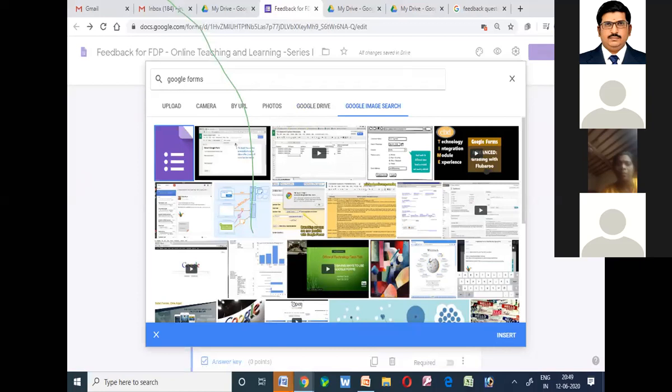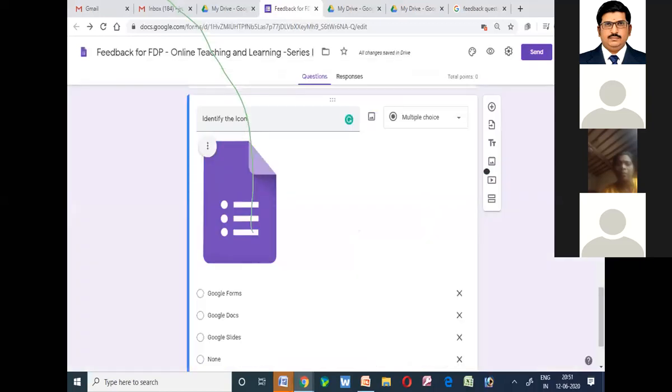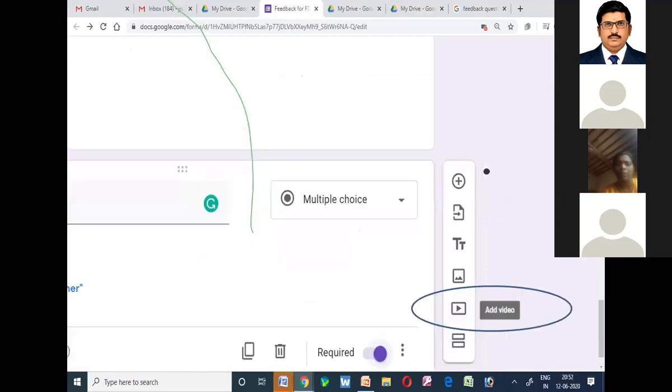So if I am interested in the first image displayed, I will be just choosing the first image, and it gets automatically inserted into the question. So suppose if you want to insert any image into a question, you can easily do that by using this image icon.